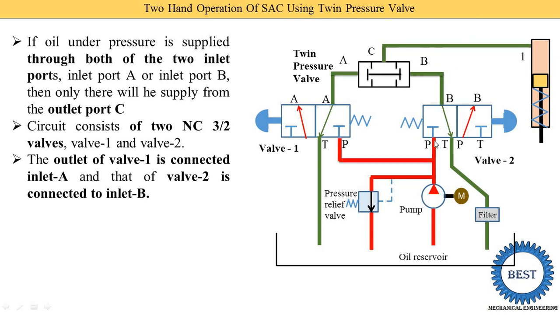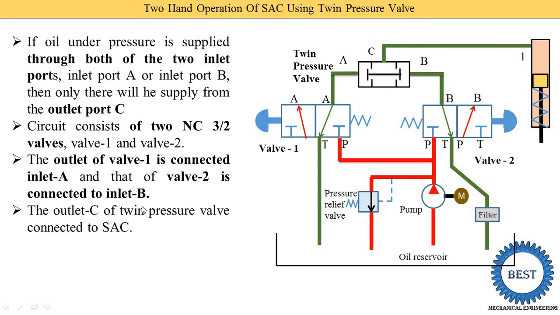Here you see that in the first position it is normally closed. In the second point we mentioned that a normally closed 3/2 valve is used. So here no fluid is supplied to the actuators. Why is it not supplied? Because the pressure ports are closed. It is called the first position. And during the second position, the pressurized oil is supplied to the actuators, if the operator presses the push buttons of both valves, then oil is supplied.